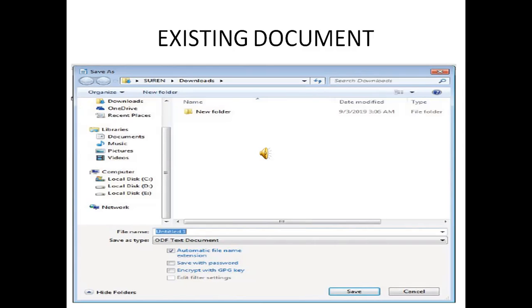If the document is already named and saved earlier, it will simply save the document. On the other hand, if the file is a new document, then it will prompt you by opening the Save As dialog box. Select the folder where you want to place your document. Type the name of the document in the file name and then click OK. You can also save a document by choosing File and Save As on the menu bar.